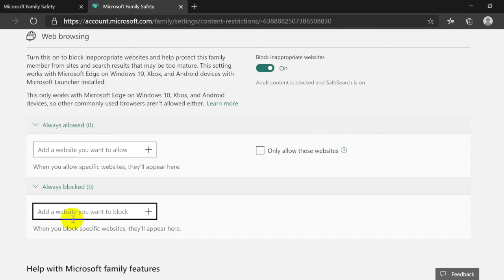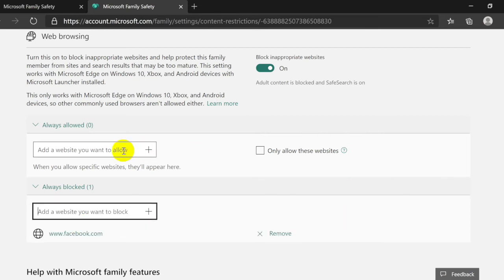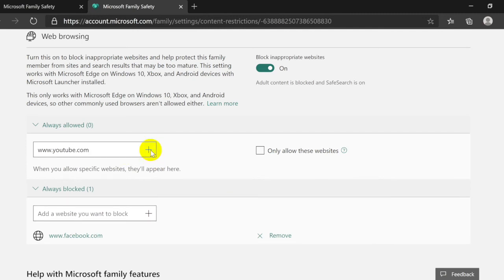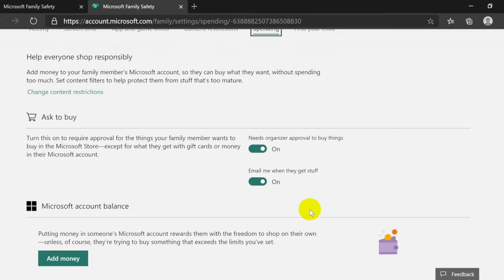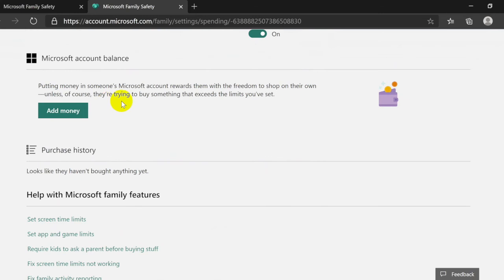In this website list, I'm just giving an example. I'm not saying that they are bad or good. Like now I just use Facebook.com as an example to block, and YouTube.com. It's just a sample. I'm not saying it is bad or good. This one is approval by parents, allowed by parents. So they will email us and tell us what our member is requesting.